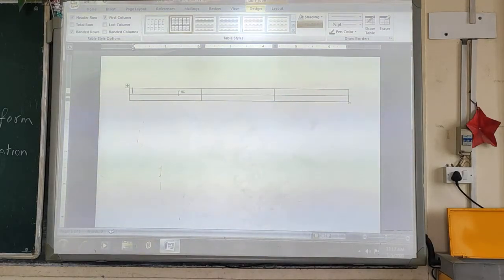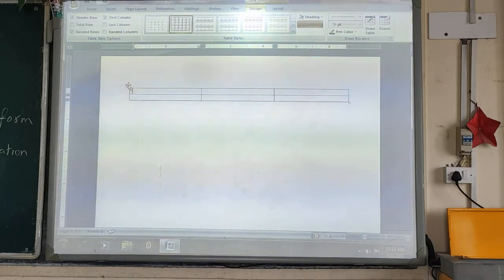On the left hand top corner, a plus sign is there, and this is called the move handle. By using the move handle you can move your table from one location to another location within your document.